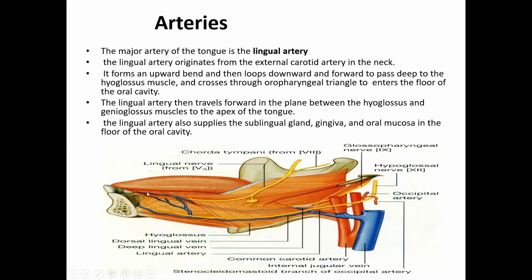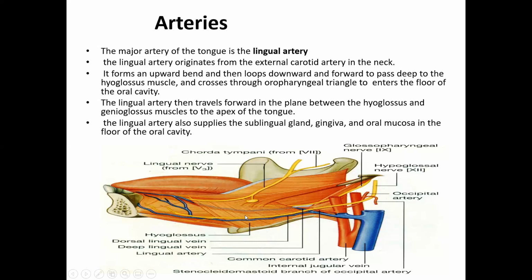They begin at the apex of the tongue, run posteriorly, and are joined with the sublingual vein. And the dorsal lingual vein, ultimately, both the dorsal lingual vein and the deep lingual vein drain the root of the tongue, and both are joined and drained into the internal jugular vein. You can see here, they join the internal jugular vein.